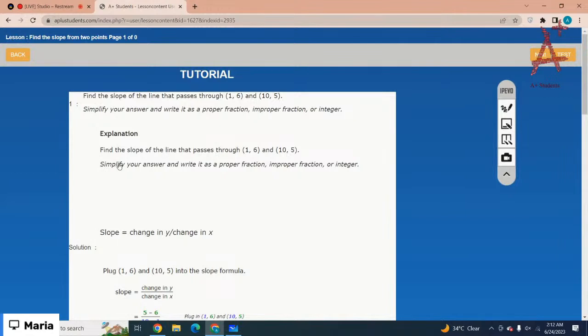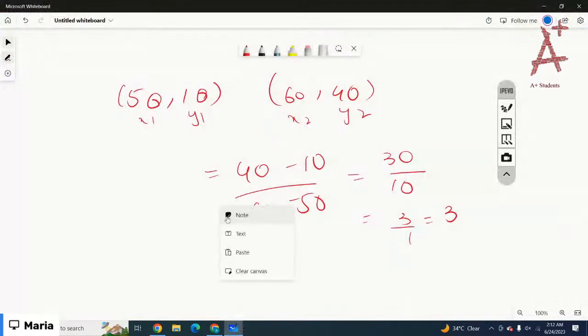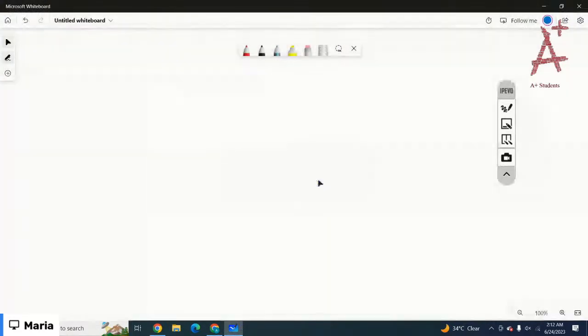Like for this one, find the slope of the line that passes through 1, 6 and 10, 5. So you are given two points: 1, 6 and 10, 5. Got it? So this one is x1 and y1. This one is x2 and y2. It doesn't matter which coordinates you write as x1, y1 and which you write as x2, y2. Got it? So you have to do the slope is